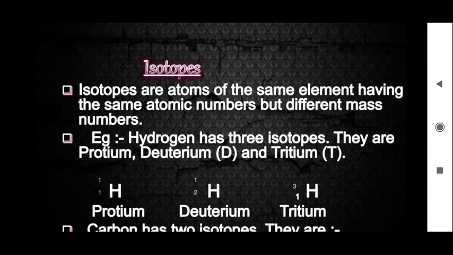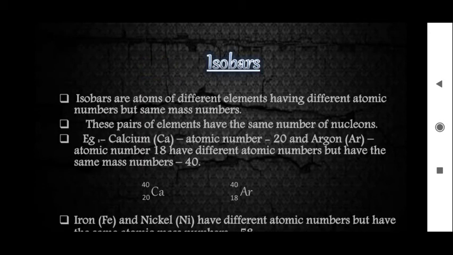It is because the number of neutrons varies, hence they are called isotopes. Similarly, carbon also has isotopes, students, that is carbon 12, carbon 13 and carbon 14. Actually it has 3 isotopes. Isobars are totally different from isotopes. For isotopes, the atomic number will be the same and the mass number will be different.